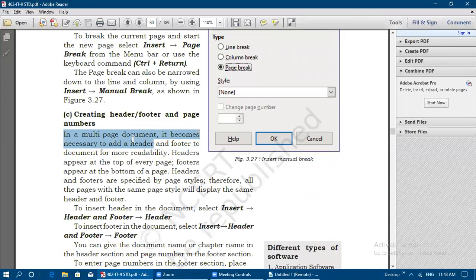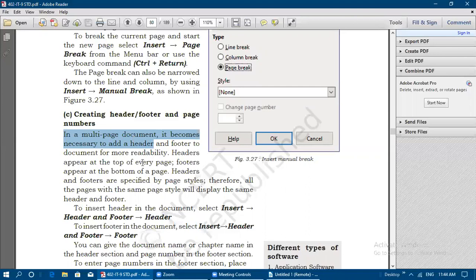Footer will contain some information, and header will contain heading or title related information. Even the date we can include at the header.